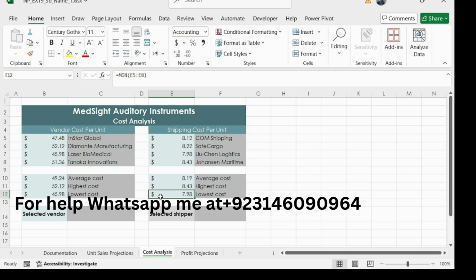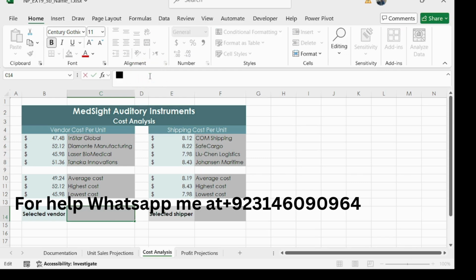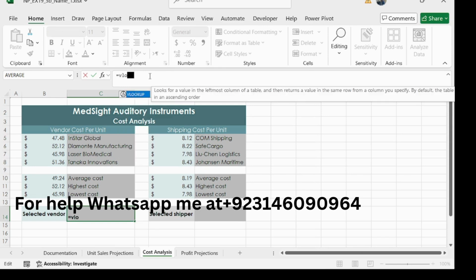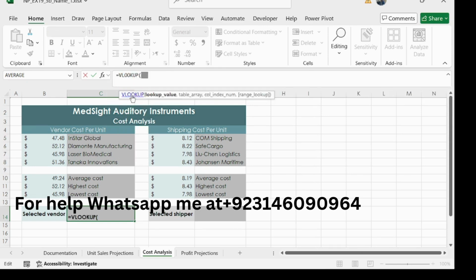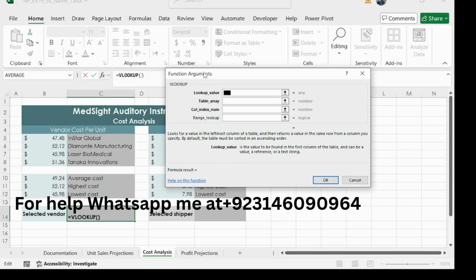So we have completed 7 steps here, and our step number 8 is in cell C14. So go to cell C14. This is cell C14. Create a VLOOKUP formula. So type equal to VLOOKUP, double click on it, and in the function arguments our lookup value is cell B12.